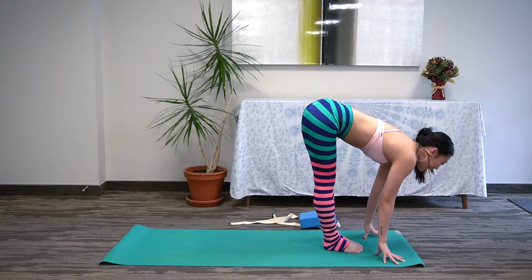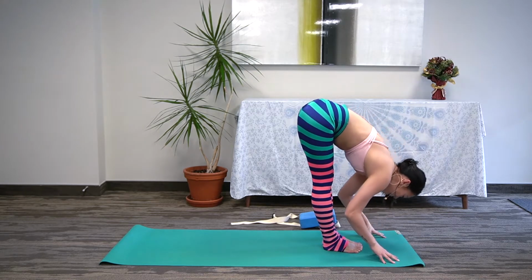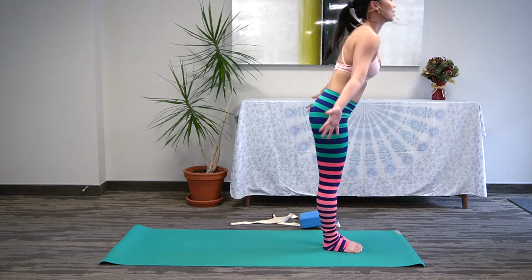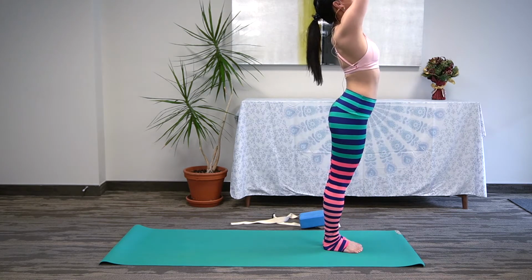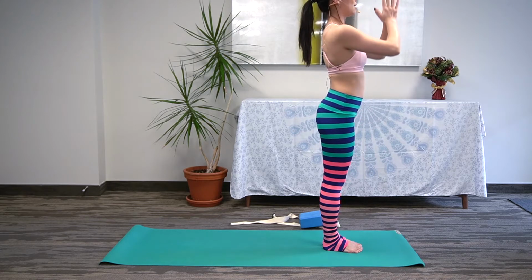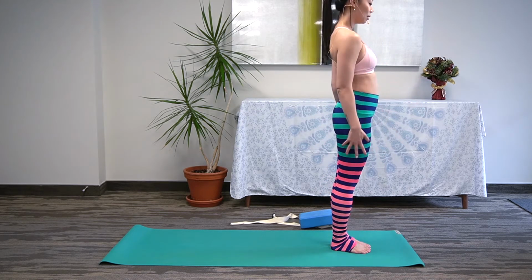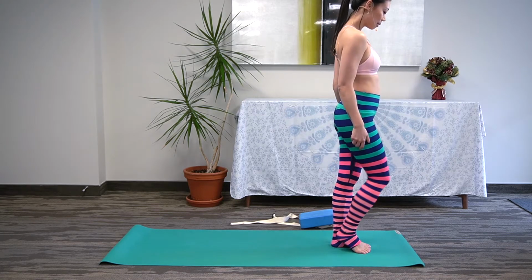Inhale, look forward, halfway. Exhale, we bow and fold. Reverse swan dive to come all the way back up, hands together. Exhale, hands to heart center. So standing back in mountain pose, we're going to keep the right foot forward, take a big step back with